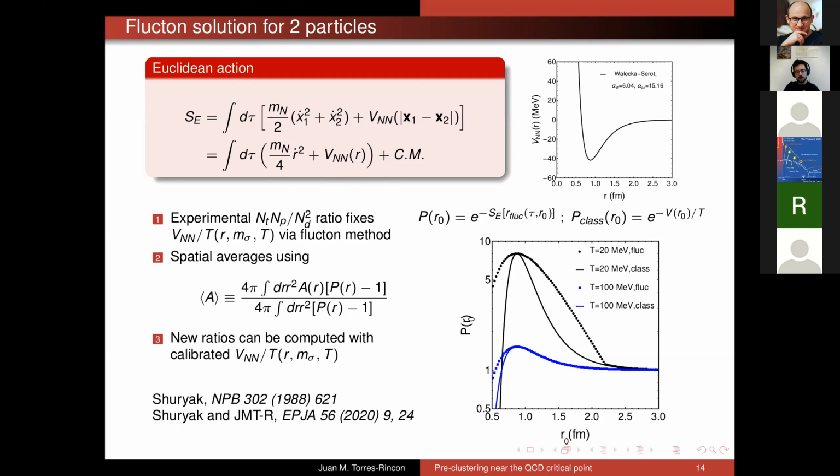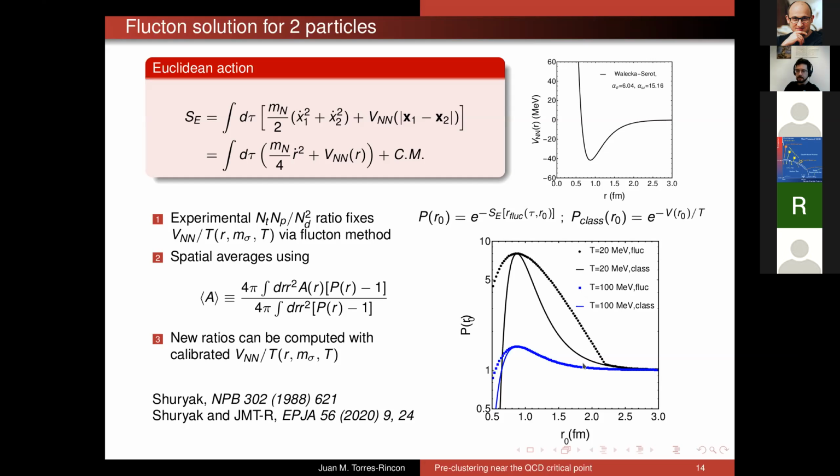Now, the Feynman-Kleinert solution is used to create a probability distribution like this of the mutual distance of two particles. That will give me the probability that two particles are located at some particular distance from each other. Now you can compare this with the classical expectation. The classical expectation is simply the Boltzmann factor of this potential. And I plot here different cases. These are different temperatures where I compare the classical expectation to this Feynman-Kleinert case.